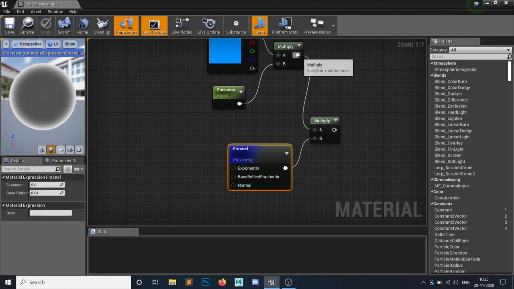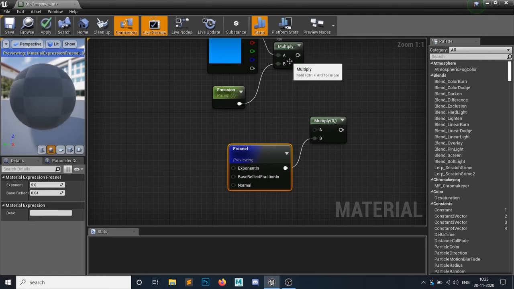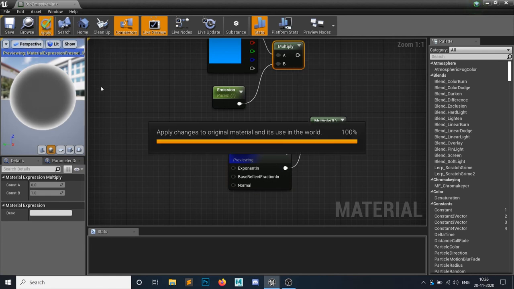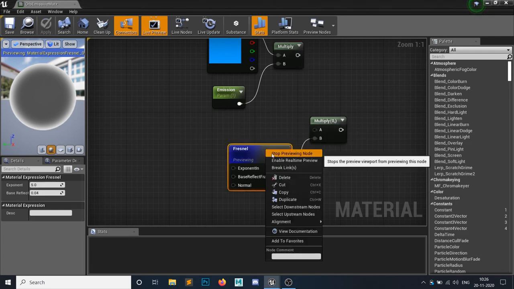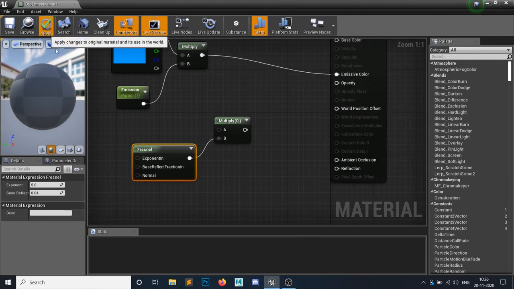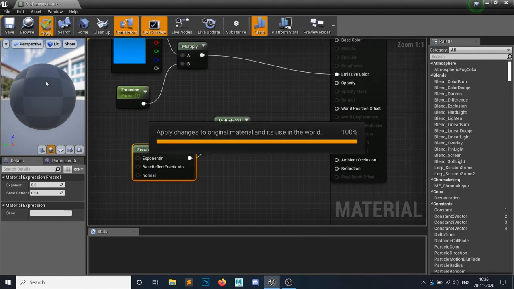If you don't have this Fresnel, you get this effect. Let me just stop previewing this and add it to the emission. So if you don't have the Fresnel, you simply get this type of effect.